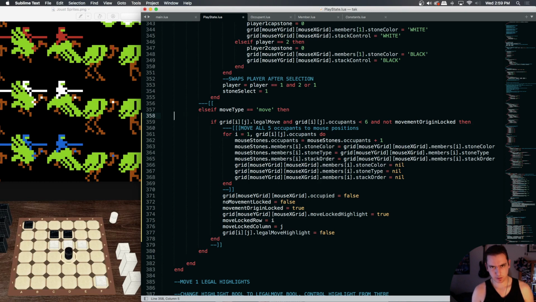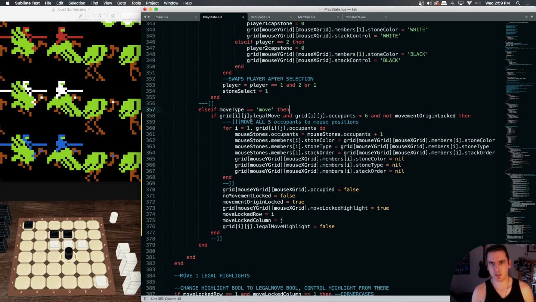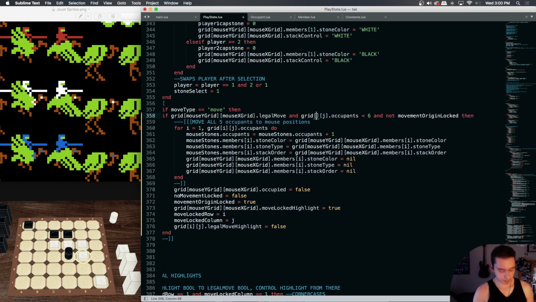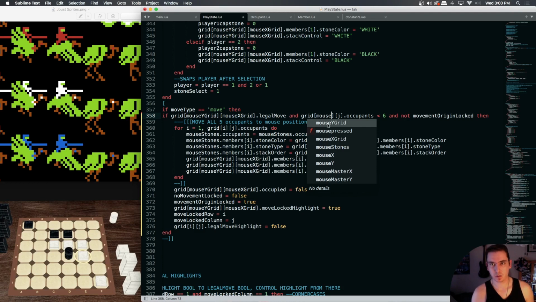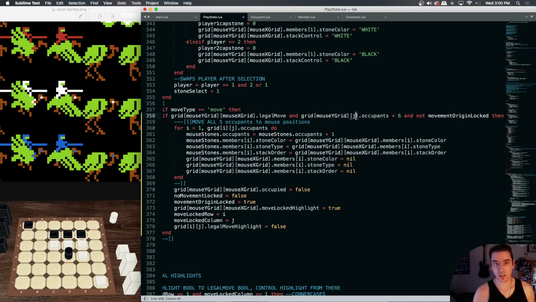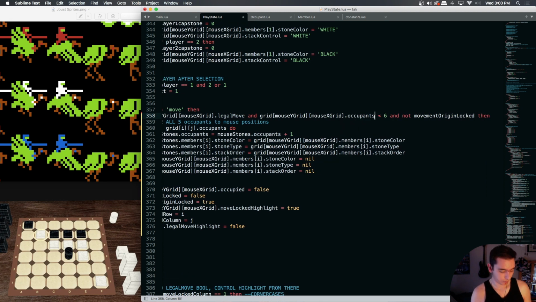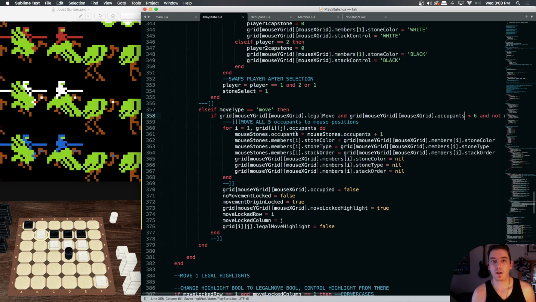Because we don't need to cycle through each grid, we just need to check if the mouse grid gets populated with the grid that we're on. So we're just asking upon a click, whatever mouse grid we're on, that's what we're checking. We don't need to cycle through all of them. And then we could use I now, but we need to do this mouse Y, mouse X, and then